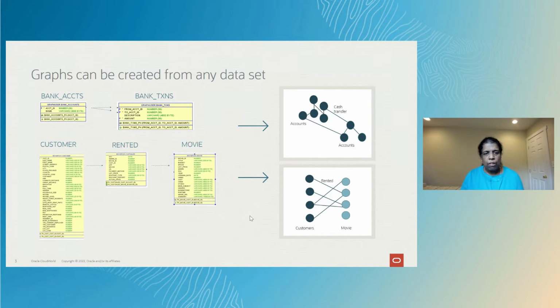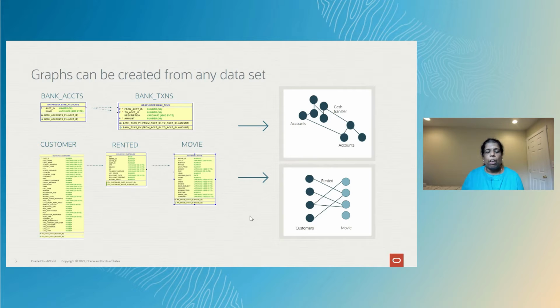your graph. Then you have the bank transactions table, which represents relationships between two accounts, as in when there's a cash transfer from one account to another, that becomes a relationship between the two accounts. So this is a logical relationship that can be represented by an edge in the graph. You can see here that in this simple data set, you have vertices, you have edges. The bank transactions represent the edges, it's what we call the edge table, and the bank accounts is the